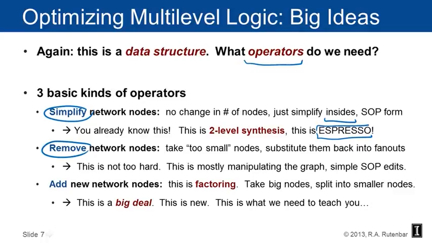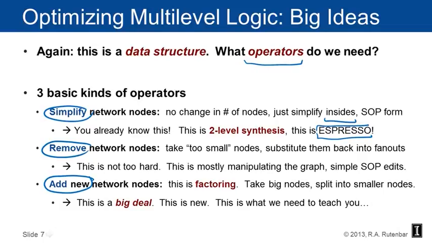This is really not too hard. This is mostly just manipulating the graph and some simple edits to sum of products form. The big one, the exciting one, if you will, is to add new network nodes. This is factoring. This is where you take some big nodes in the Boolean network model and you extract some